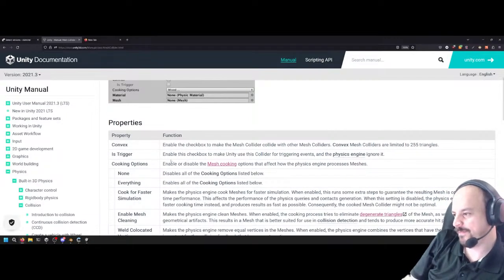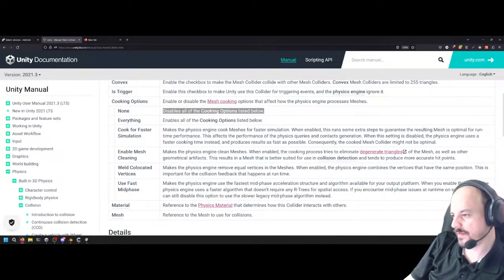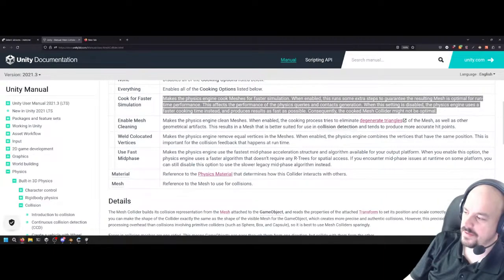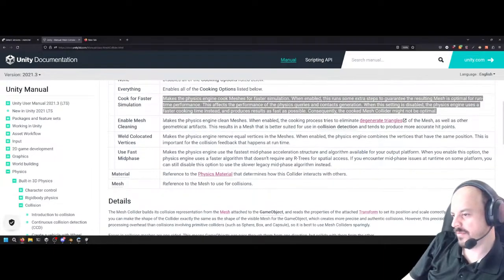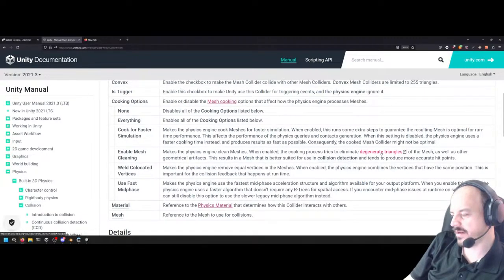For cooking, I don't really care if the cooked mesh is not optimal. Enable mesh cleaning makes the physics engine clean the mesh. When enabled, the cooking process tries to eliminate degenerate triangles in the mesh.